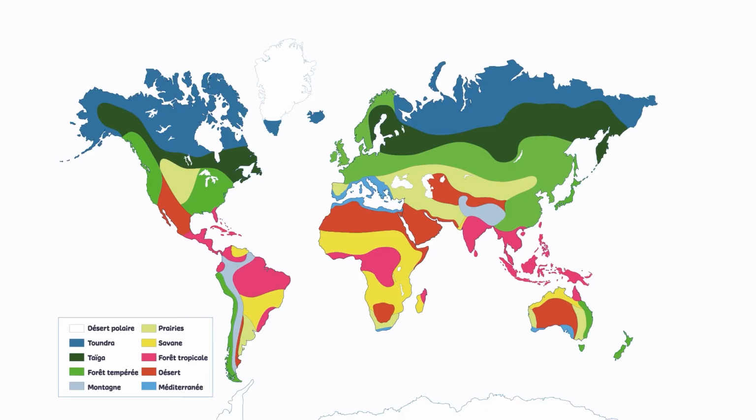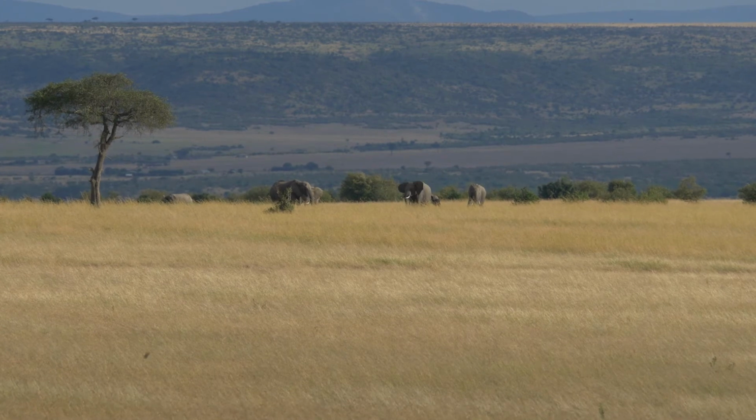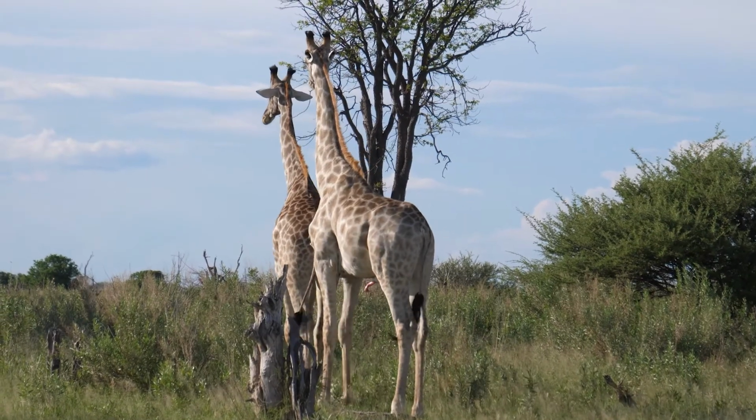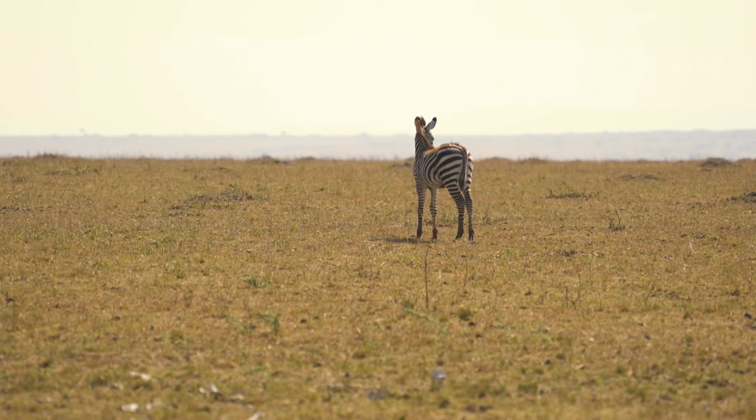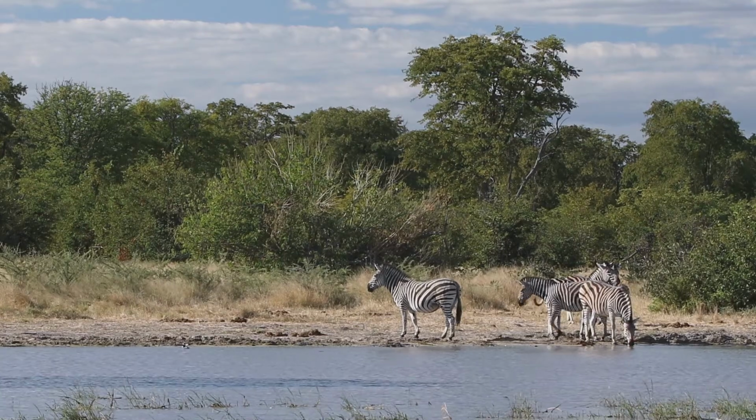Savannas exist in many African countries like Tanzania, in South American countries like Brazil, as well as in Australia and India. The savanna is like a tropical grassland, and we usually find them near tropical rainforests. Temperatures are high all year round, with a hot, wet summer and a dry winter season.